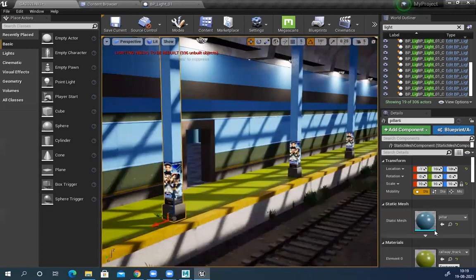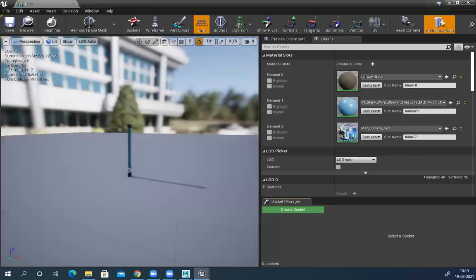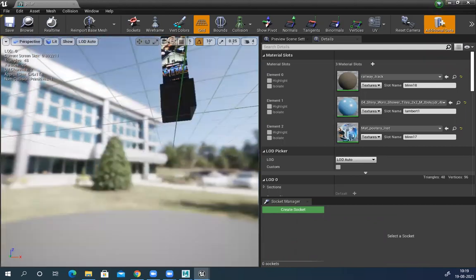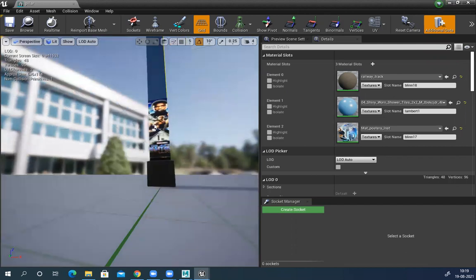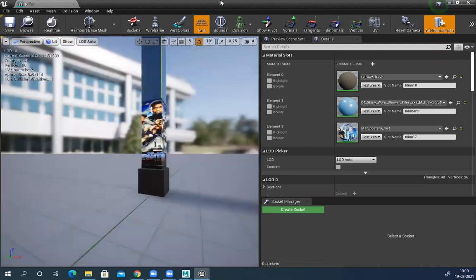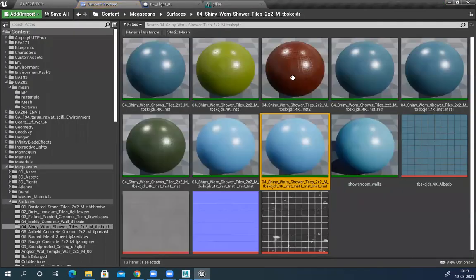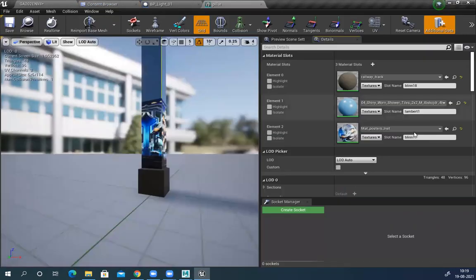Somehow I don't like it, so I will replace this texture. This stylable, this thing doesn't look very nice because there's no frame for this. So I just simply replace it with some other. Let's try this one. I'm changing it here, so it will automatically update everywhere. You see,